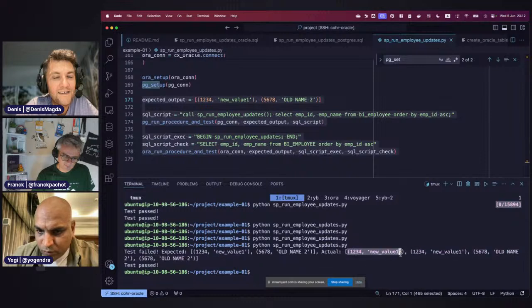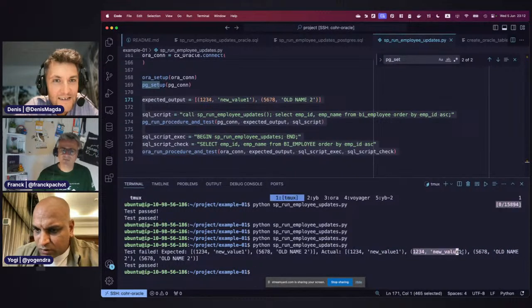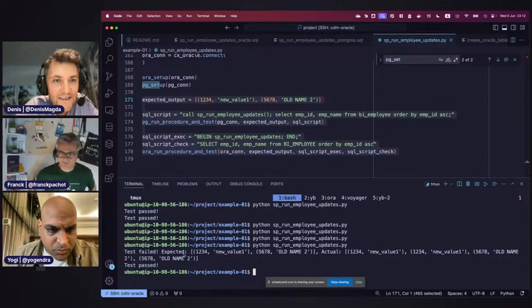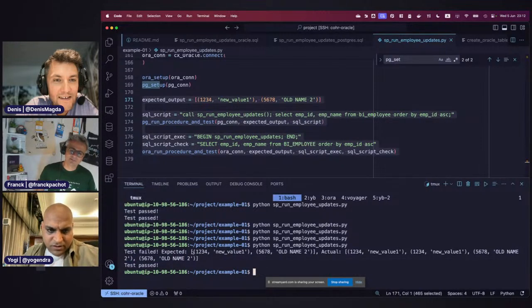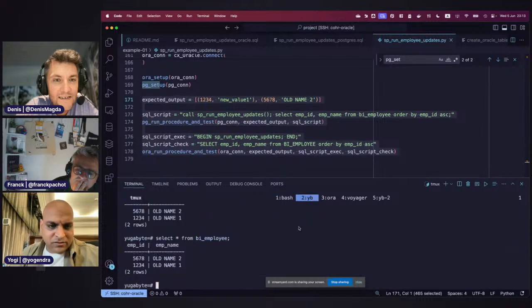Actual 1, 2, 3, 4, new value 1. This is the new value, old name. So the first test, the Oracle side is passed, but on this, they are expecting that new value and old name, new value, and 1, 2, 3, 4. Oh, it's double. I must have inserted it twice.